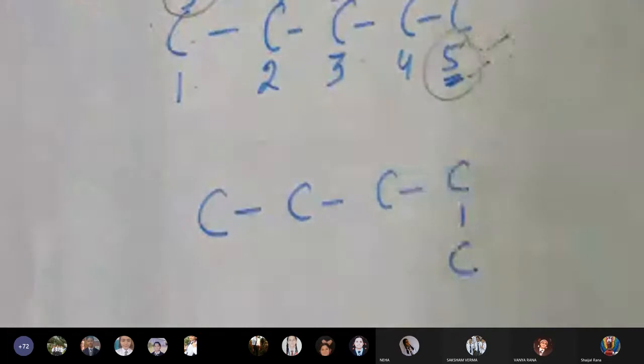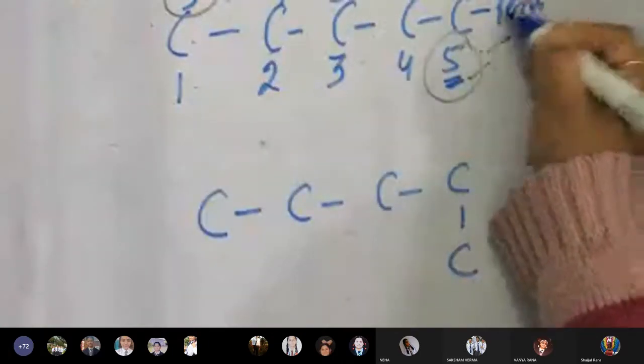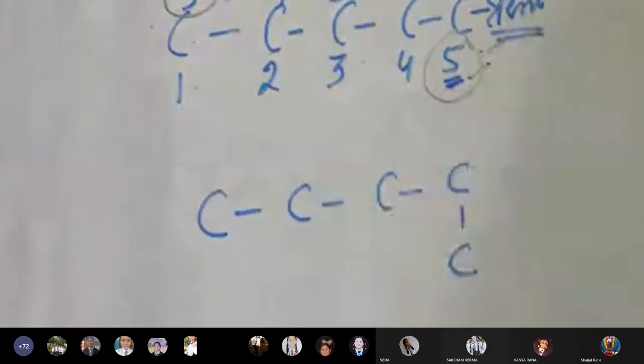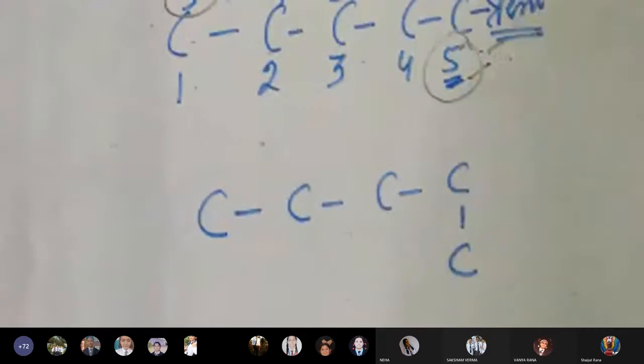Either you move from right to left, because the maximum number of carbons you have got is 5. Here also 1 to 5 is correct, because the carbon number is 5. Either way you move, you will get a maximum of 5 carbons. So I got the root word for 5. The root word will be pent. So this part is done. We are still working on the first rule, on how the naming can change as the compound varies.